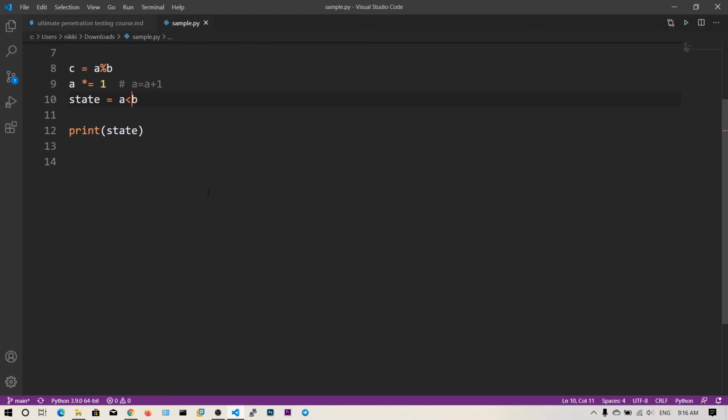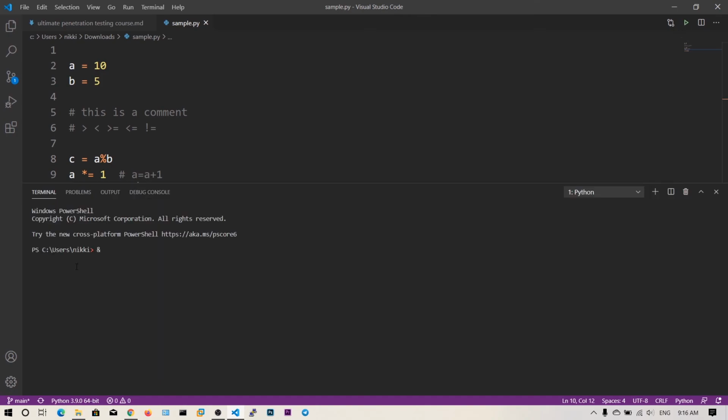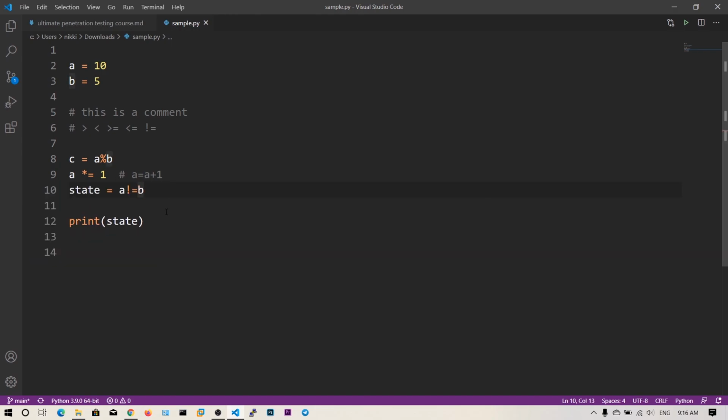These boolean statements are very helpful in determining whether a condition is true or not. We will see these boolean expressions more in the loops, where they are very helpful. And if I say a not equal to b, it's true. So we have got the output as true. I think I have covered all the operators: the mathematical operations and also the greater than and other logical operators.